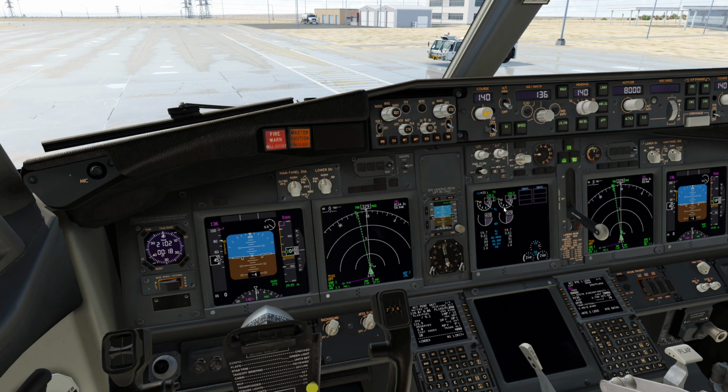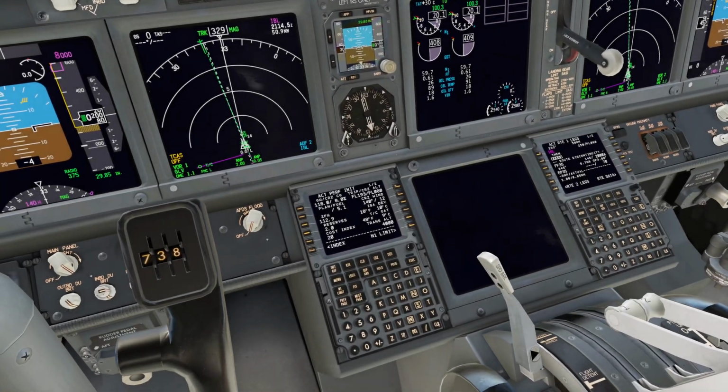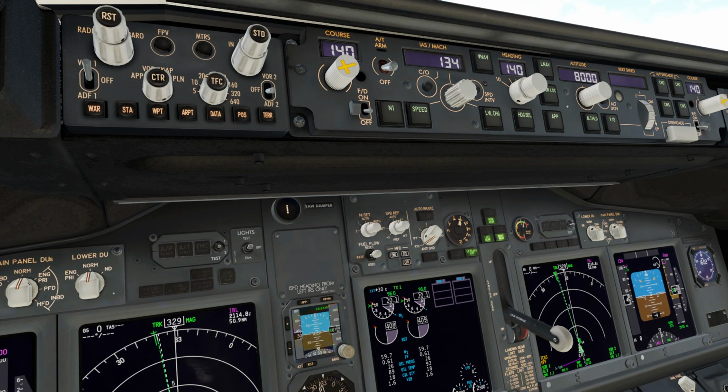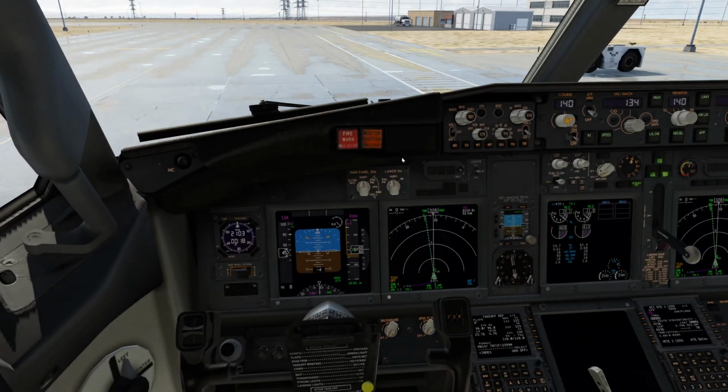Parking brake off. Flaps 1, 2, 5. It's a long runway. Auto brake RTO. There we go. That's great. Right, N1 limit, we will derate this time just because it is a little longer. There we go. Takeoff, flaps 5, CG 475, looks to be about there. Lead speeds 22, 23, and 34. 34 set. It is a long runway, so I'm happy to abort at